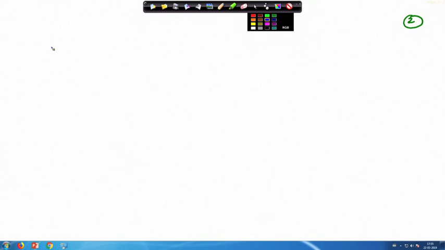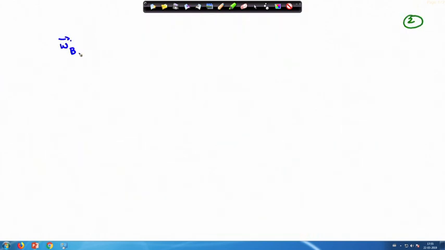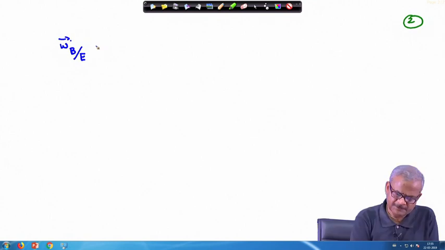Okay, so, next we can start composing our problem. So, we will write as omega the angular velocity of the main body, which is your b, this part. Angular velocity of the moving body with respect to the inertial frame, and this we will write simply as omega.